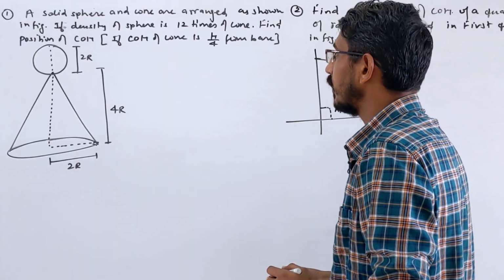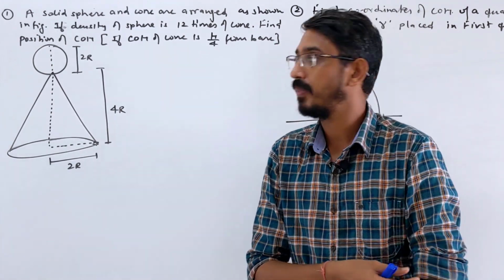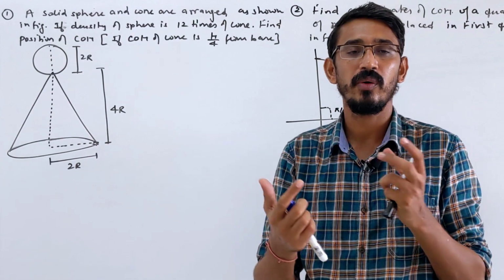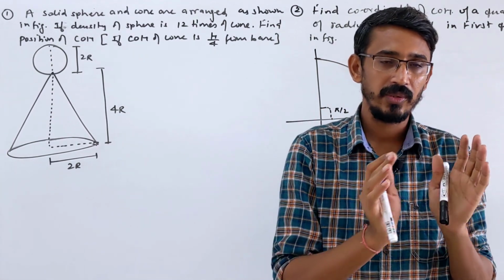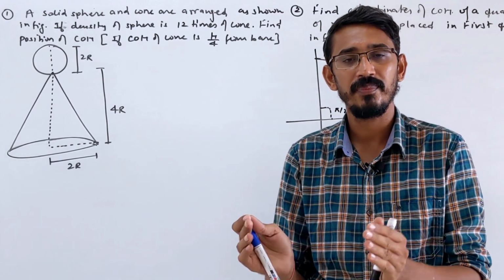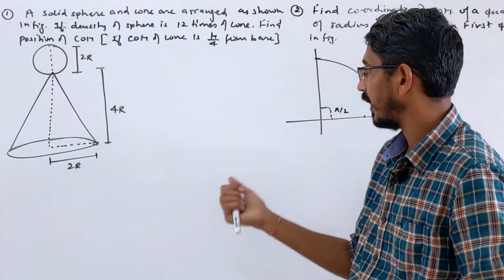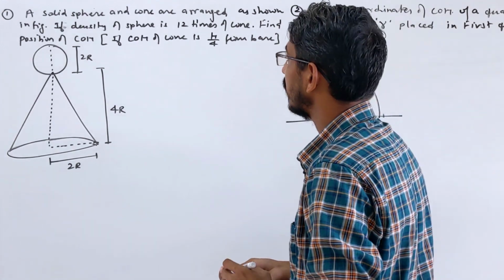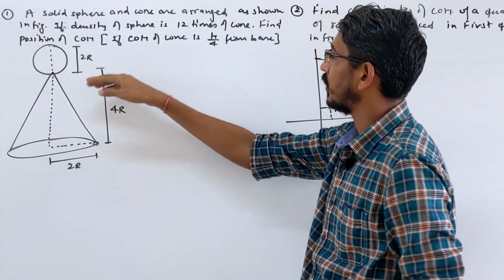Now we are doing a few additional problems based on center of mass. Mainly the concept is about those problems where you have to remember these values directly, like for a hemisphere, half ring, sector of a ring or sector of a disc. So I am doing some additional questions here for practice. Look at this problem: a solid sphere and a solid cone are arranged as shown in the figure.